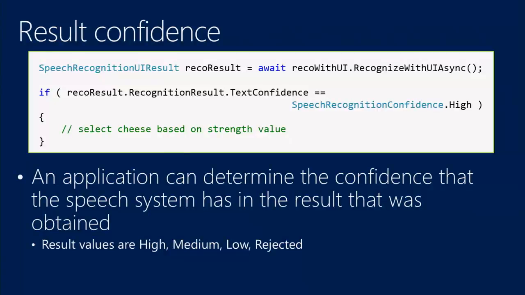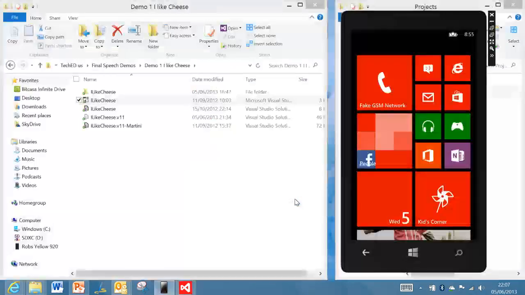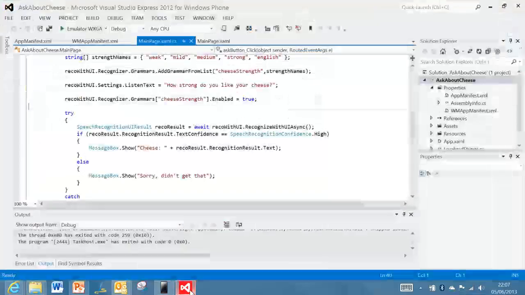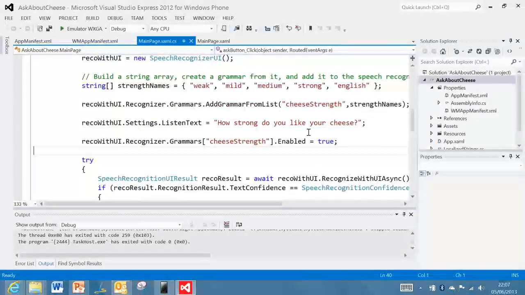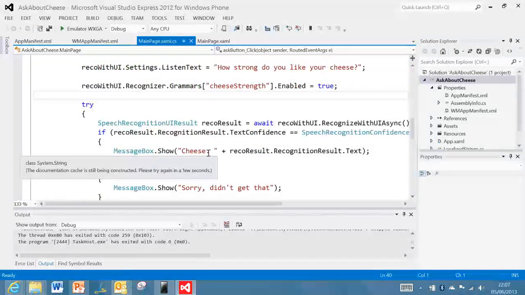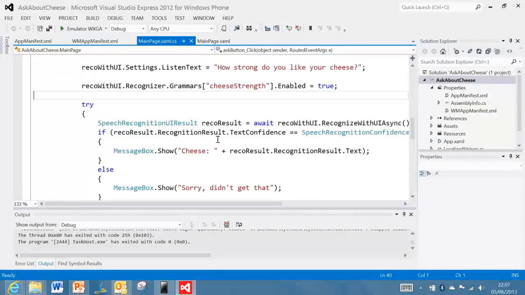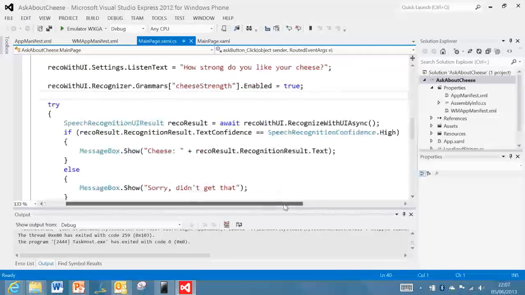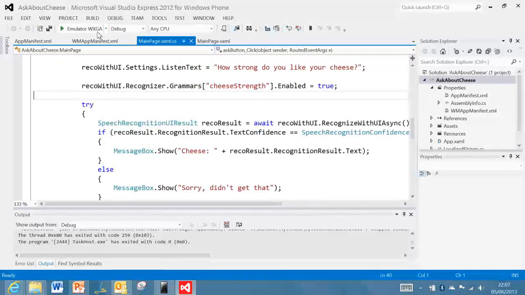If you really want to, I can show you this happening. Let's pick some cheese. That's okay. So my final demo. There's my strength. The cheese is strong in this one. There's my message. I did it properly. I put a try-catch around this time, so if you back out, it basically just returns from the event handler. Otherwise, if we like what they say, what the cheese is, it says so, and otherwise it says, sorry, didn't get that. So if we deploy this,